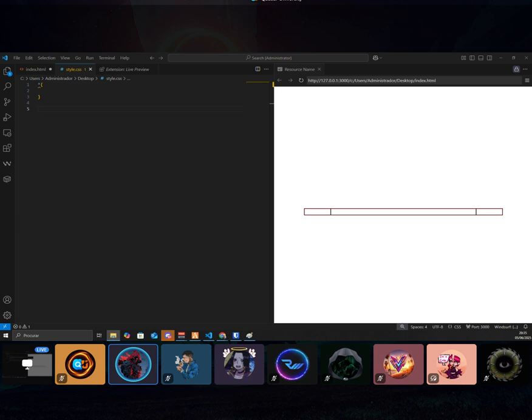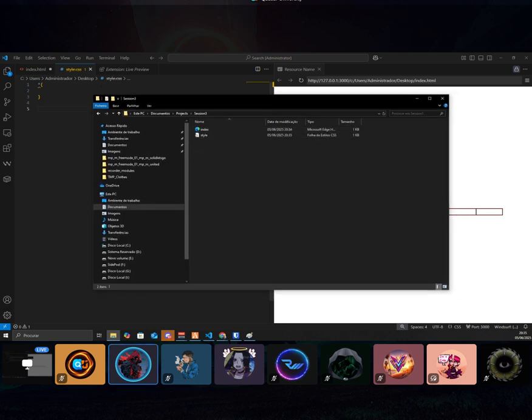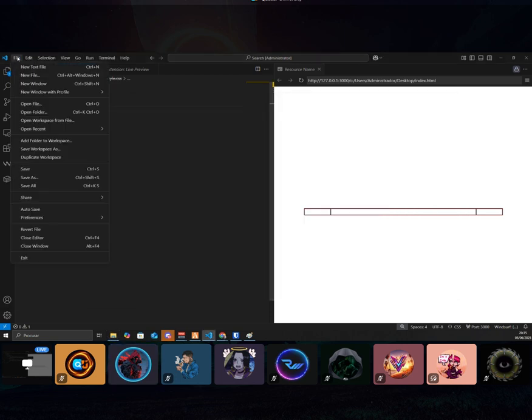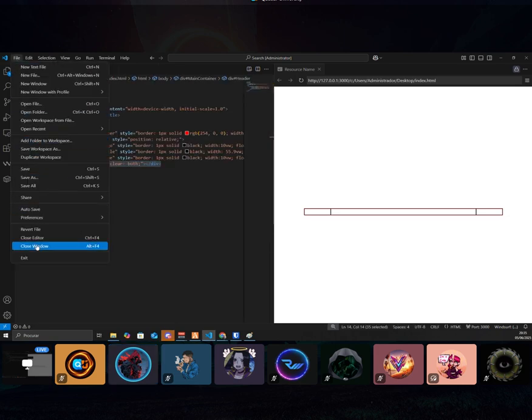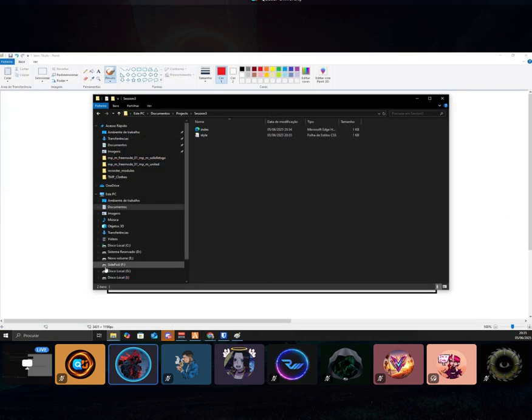New folder, session 3, and getting this one and this one inside there. Projects, session 3. Okay, I have both files in here. Let me just close everything. Close, yeah, close it. Sorry, exit for a little, and then